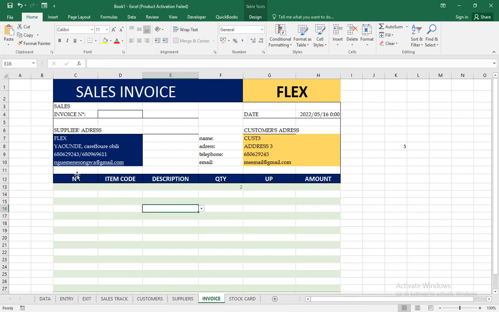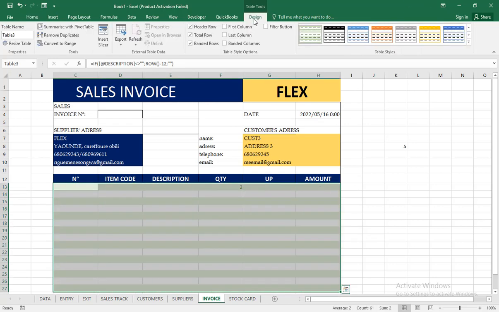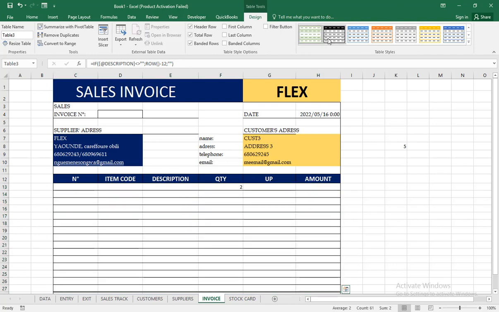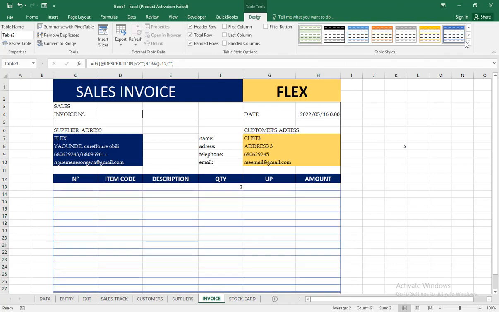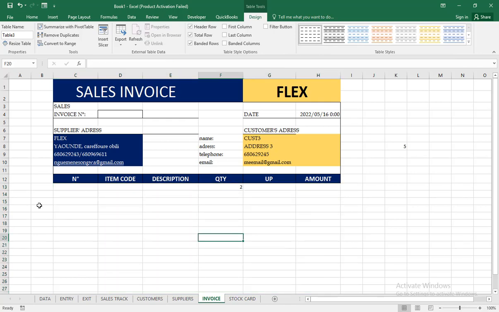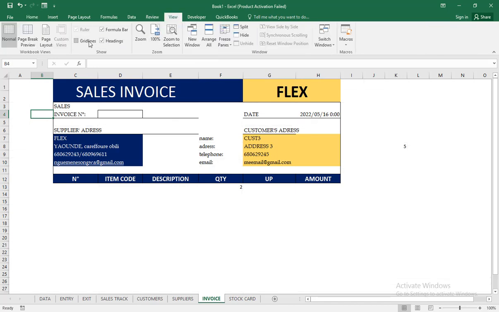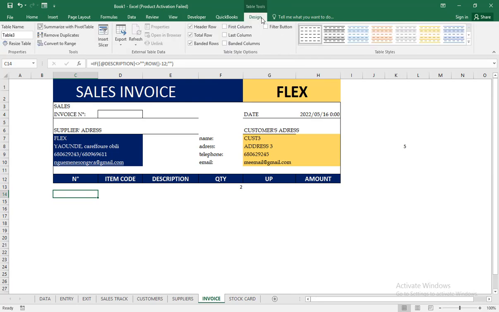Let me just change the color of the table for our invoice. If I just allow it to have no color like this, I'm going to remove the grid lines. I come on view and I remove these grid lines. So for this table